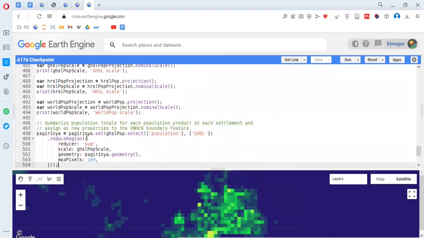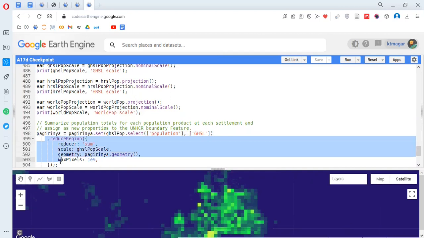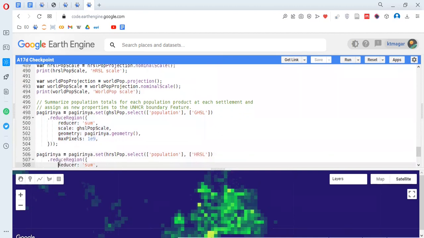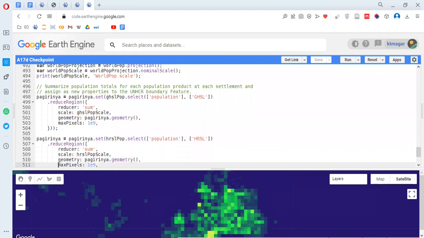And here we are doing this reduction to find the population in that study area. So we are selecting the population, renaming it as something else like this here, and by reduceRegion we are taking the mean of that raster, or trying to find the population. This has been done for each of the 3 different population datasets,